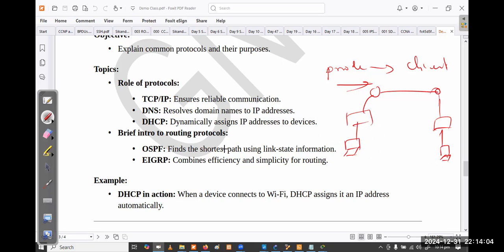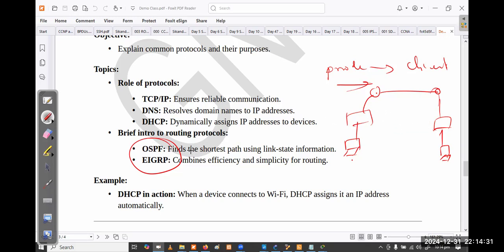The physical connection is fine, and you have assigned IP addresses, but you still cannot communicate without routing protocols. This is the protocol guiding the router to send the data to the appropriate networks.